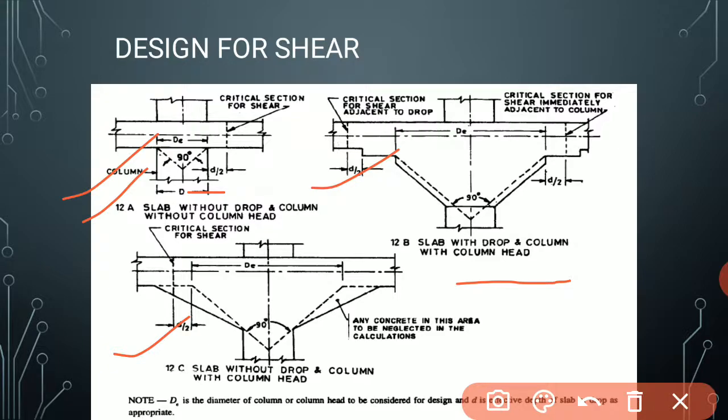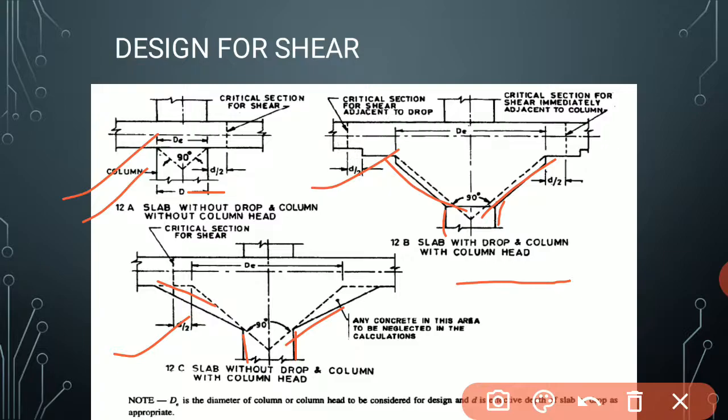So this is the drop, this is the column head. And the next diagram is the slab without drop and column with a column head. So this is the column head, and this part is without drop.